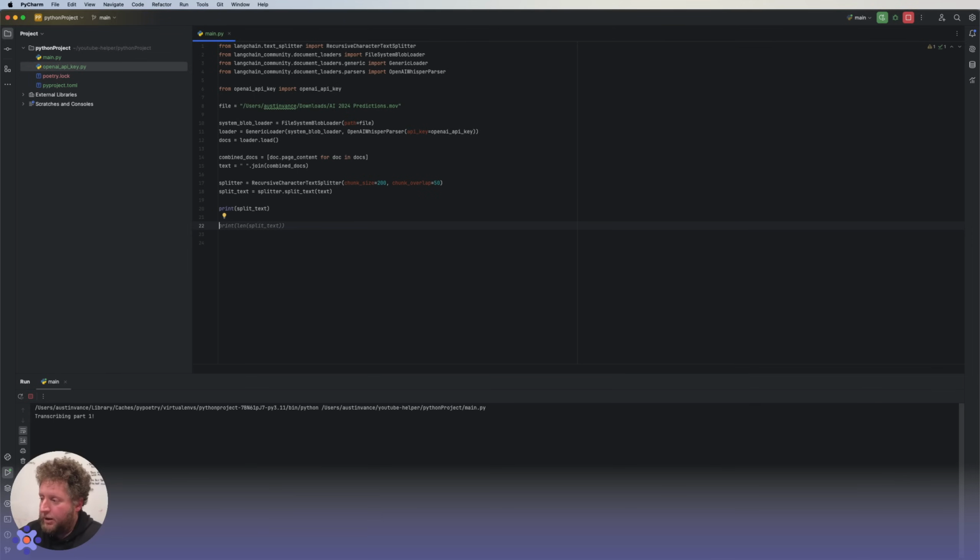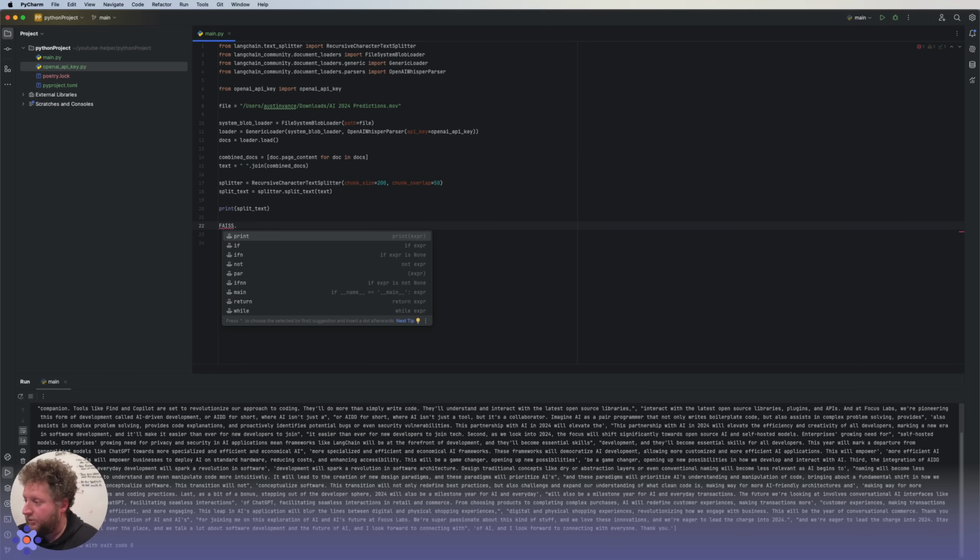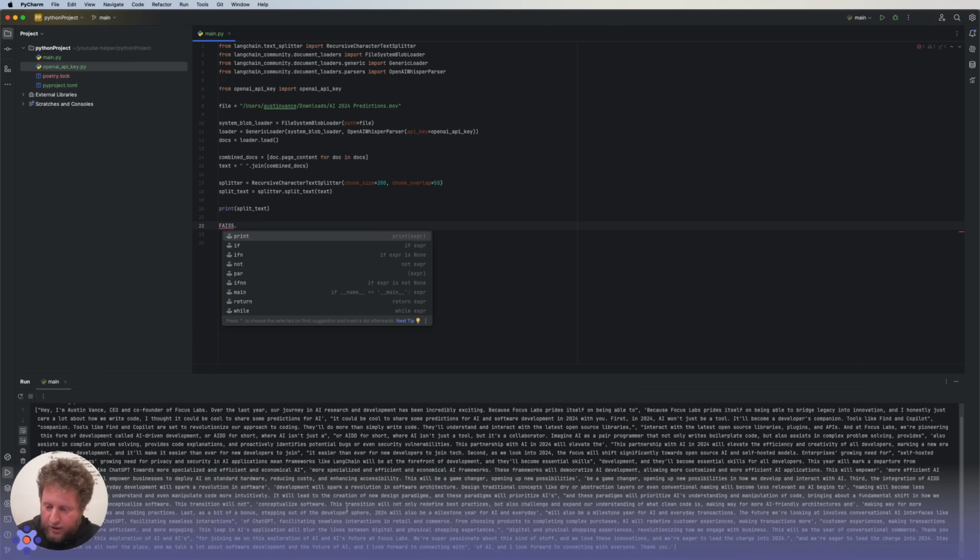Let's set up our vector DB. I like to use the Facebook vector DB just for local development, or Pinecone is awesome if you want to store something up in the world. If you notice, it split this up into a handful of chunks. You can see the chunks and how they actually have some overlap in them. So go ahead and look through that.